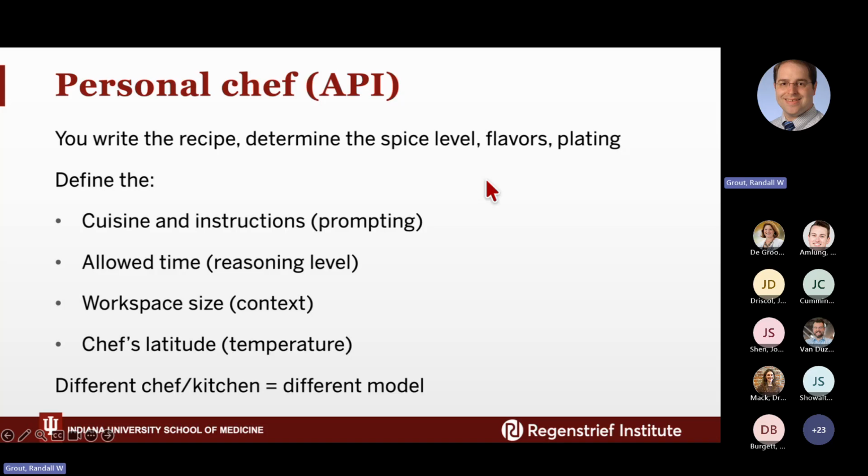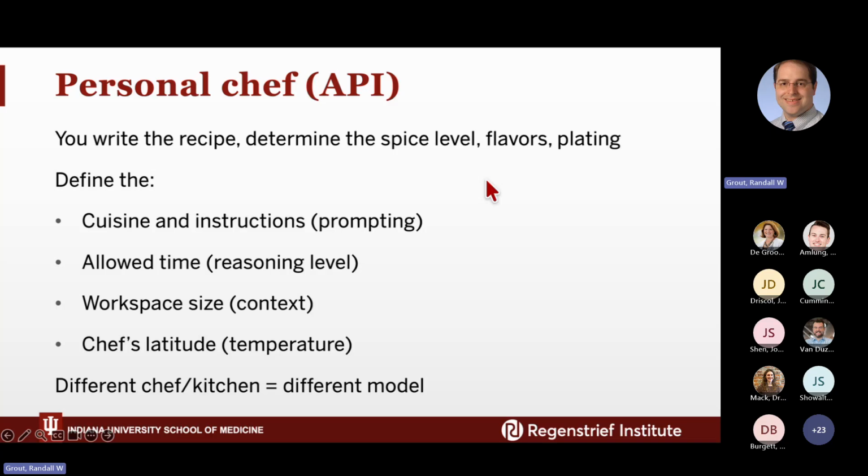Here are the instructions you gave, but I'm going to surprise you a little bit here. You could tell the chef, do it exactly like I want, or you could say, hey, bring some of your expertise or how you're feeling today on a whim. You could say, I want to toss this in and change it up a little. That's like changing the temperature of the model, where you could say how variable, inducing a little more randomness into it. And you could also say, I want a completely different chef or a whole different kitchen.